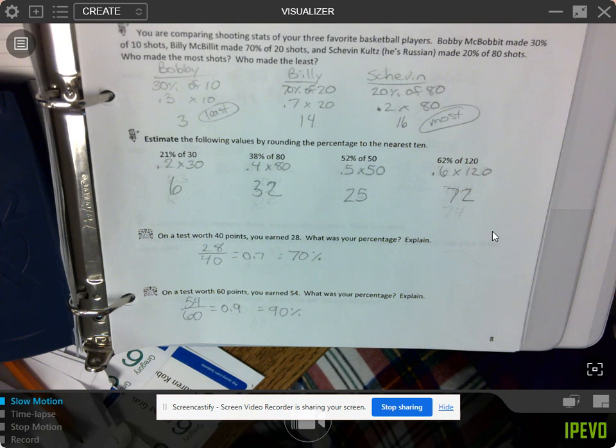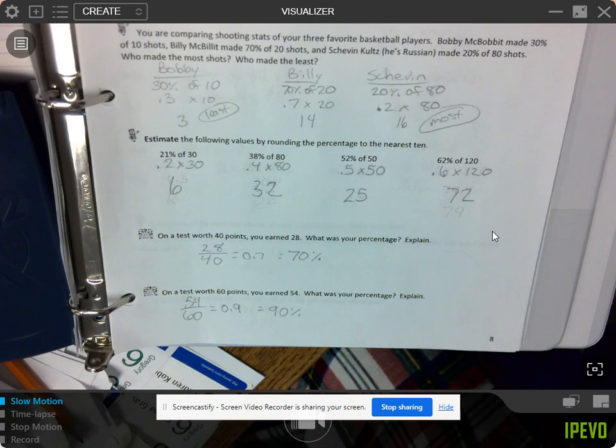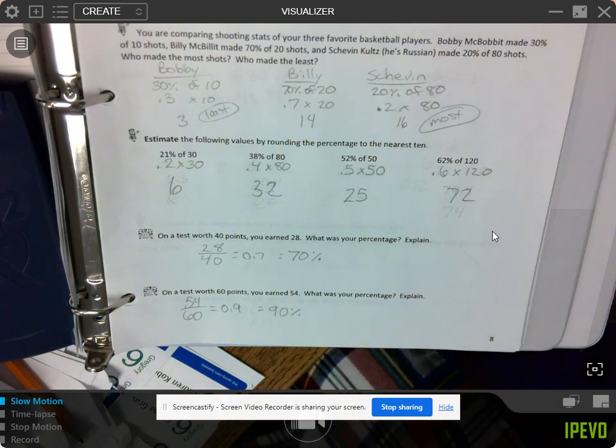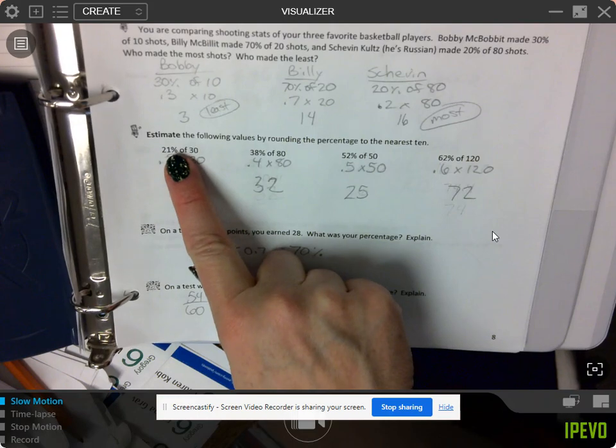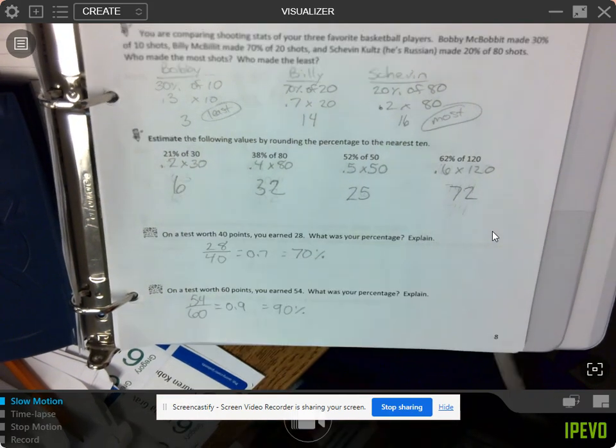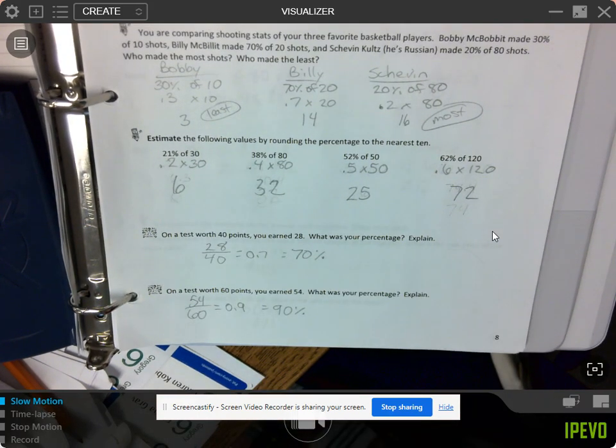So sometimes we get a little ahead of ourselves and start working on something that we know how to do and forget to keep paying attention to the teacher. So on the test, if you don't catch stuff like estimate, then you get it wrong. So this is something that's going to tell us, hey, I need to pay attention. I need to make sure I'm reading it for meaning, and I need to make sure I'm listening to the